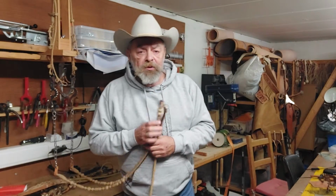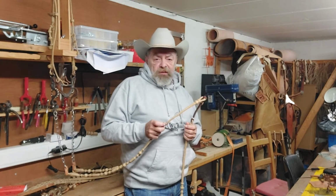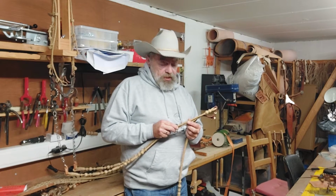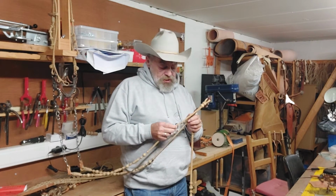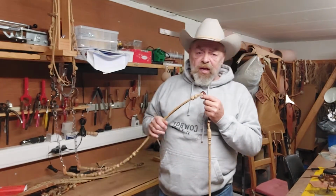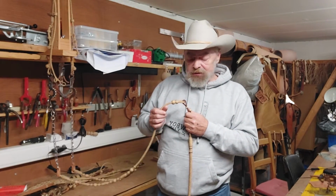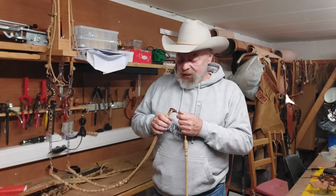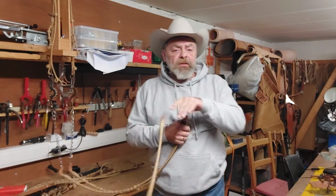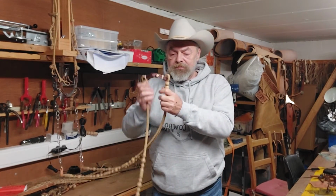Another thing that a lot of people comment to me about on horse shows is the width of my reins. I got pretty small hands, and I like a light rein. Not necessarily in weight, but in diameter. I also like the square reins. They just fit better, and especially when we got to work the rope and you go like this, I don't have to double up